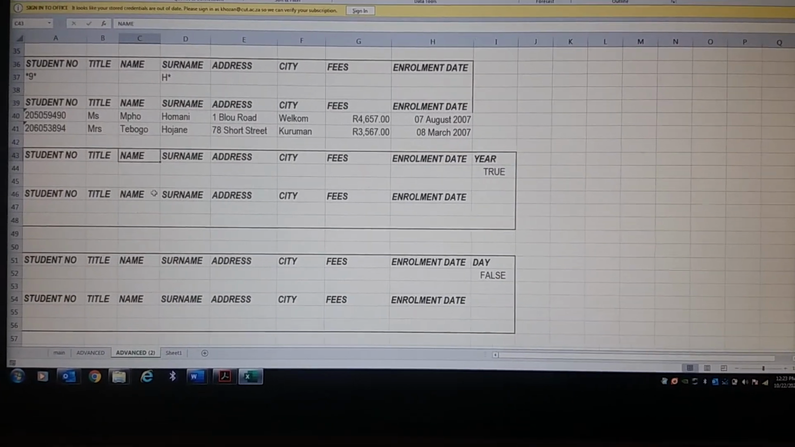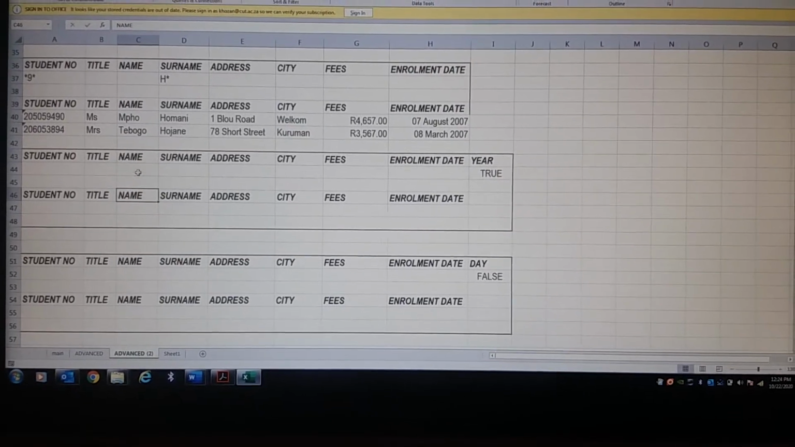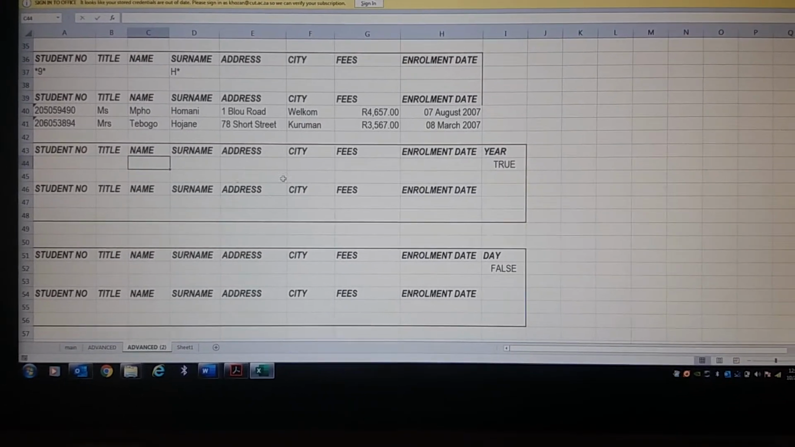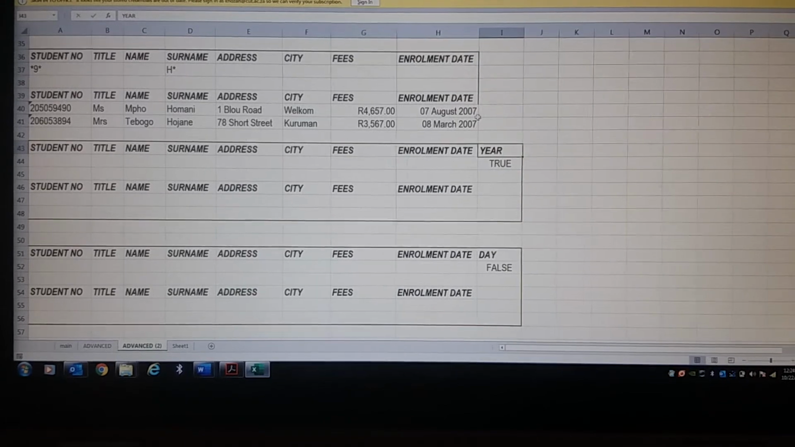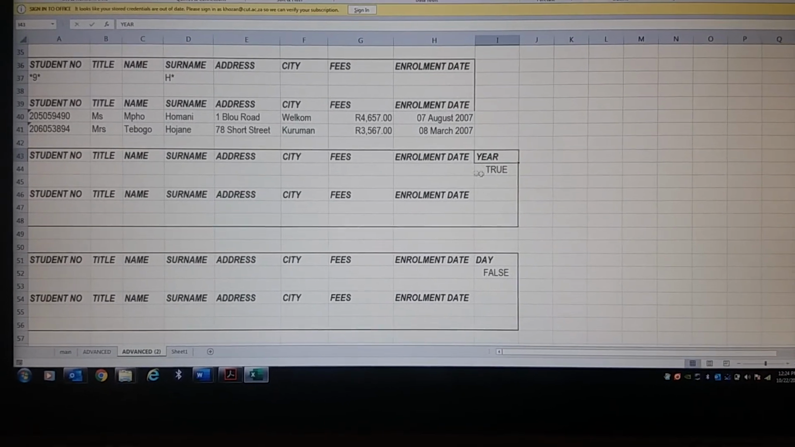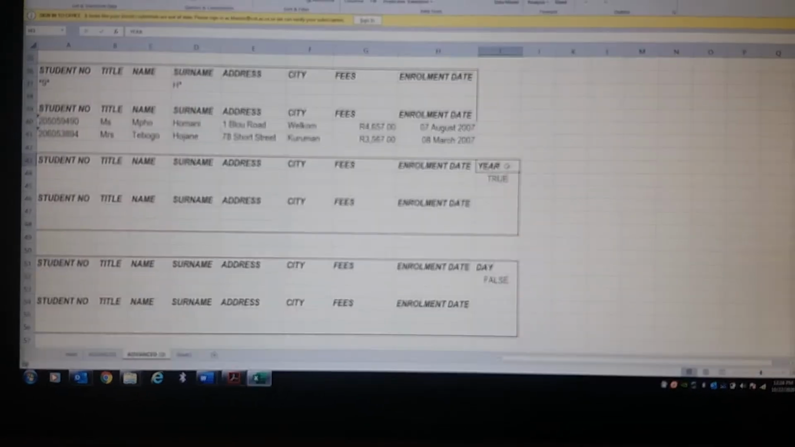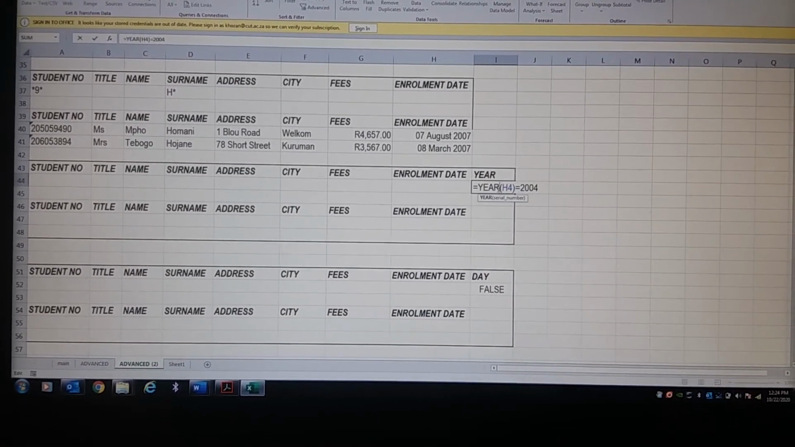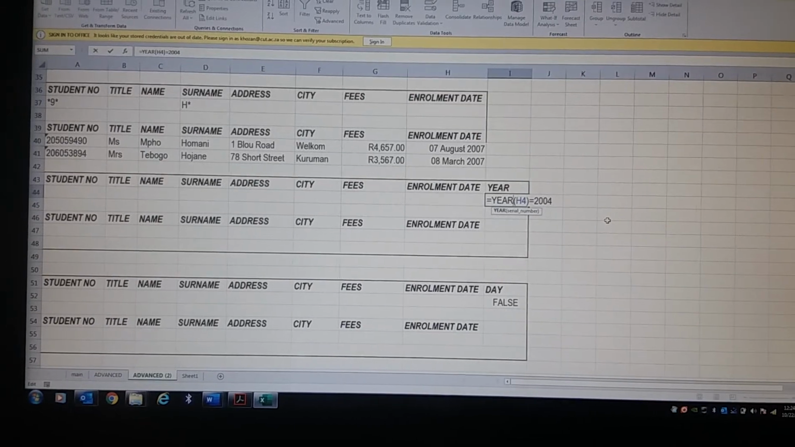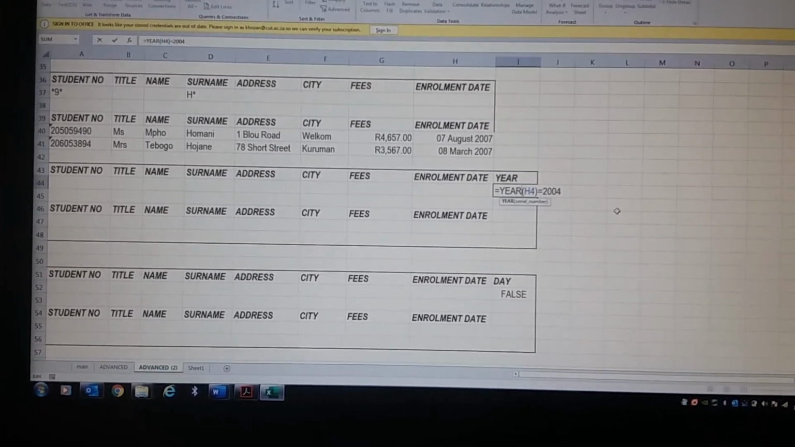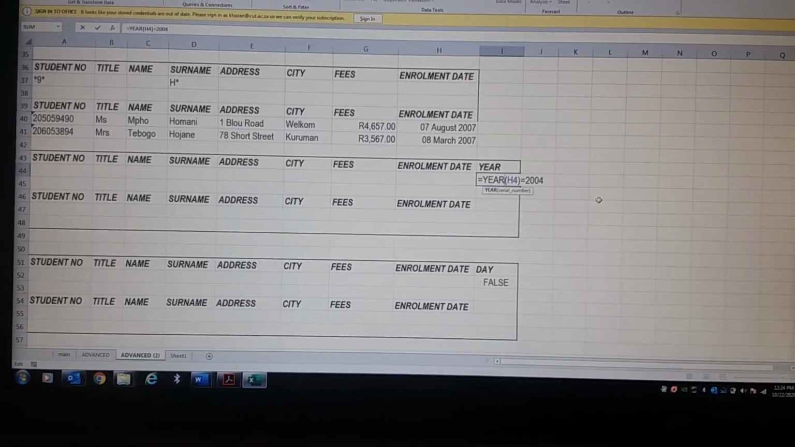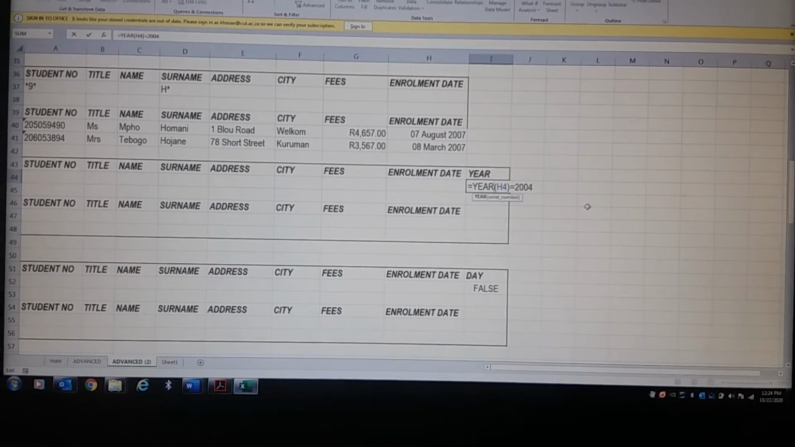We copy the column headings, we paste them 2 times, and then we add on our criteria range, or on our input data, another column because we are looking for a year, which is 2004. Then we are going to create a formula. A formula to calculate a year is equals to year. You open the brackets